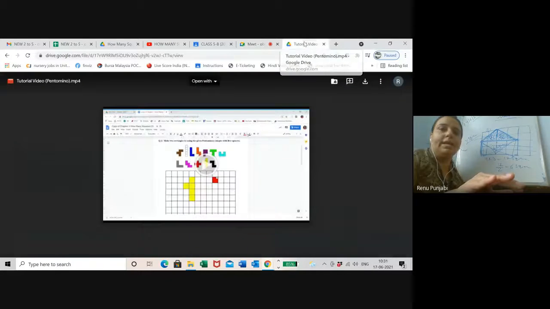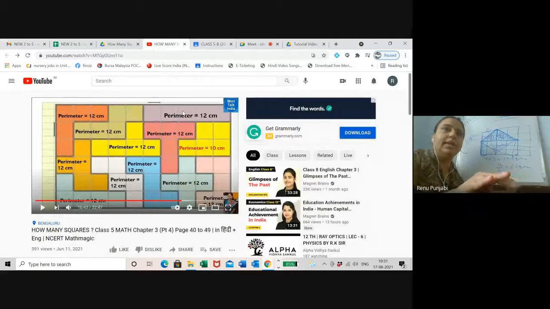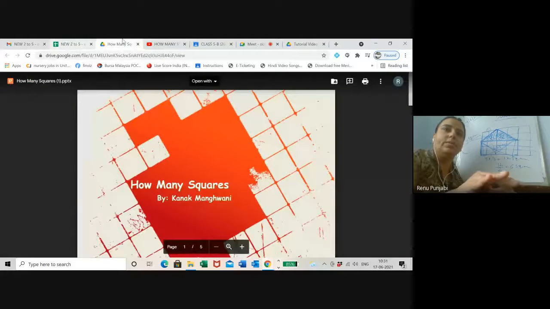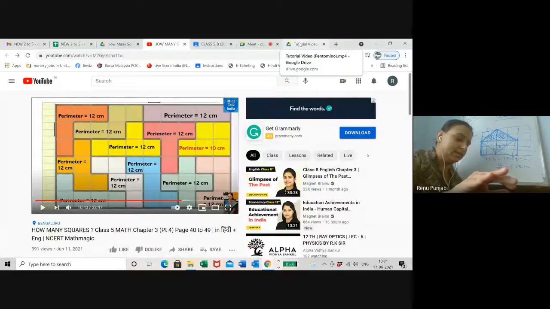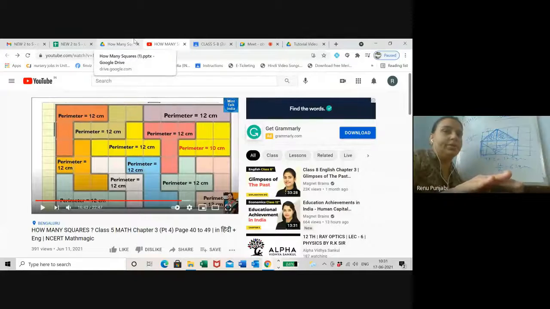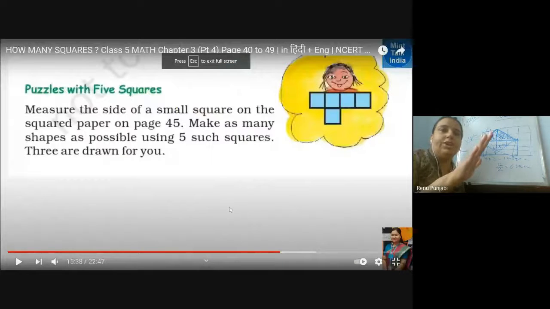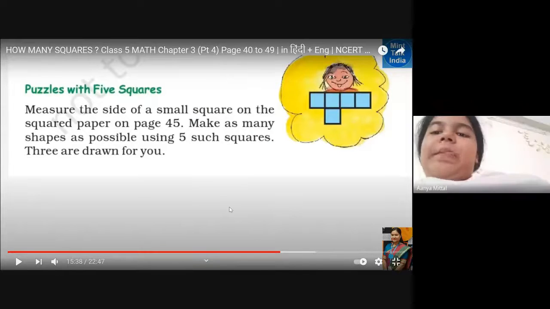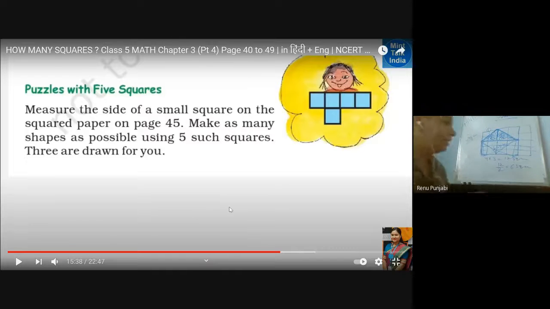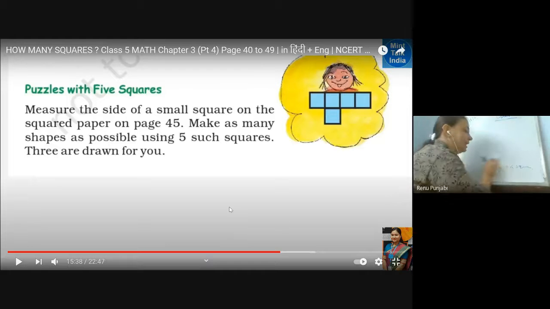This puzzle is called pentomino. Ma'am, I didn't understand that, pentomino. I'm explaining that only, so please pay attention here now. This is called which puzzle? Can you tell me the name of the puzzle? Pentomino. Why is it pentomino? Because it is made with 5. Penta means 5, we do know. Yes or no? That is why the name of this puzzle is pentomino. This puzzle is made with 5 squares. You can arrange the 5 squares.